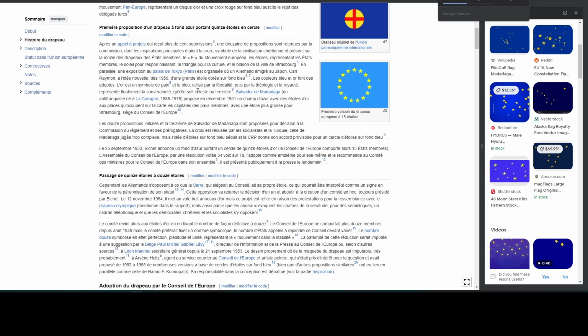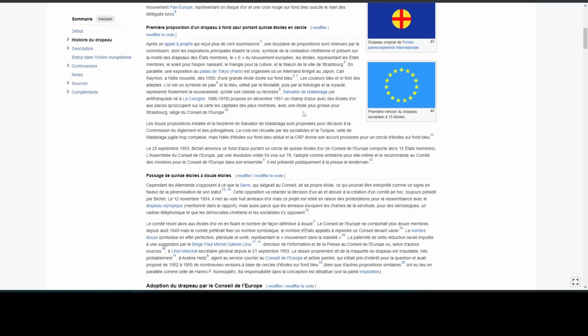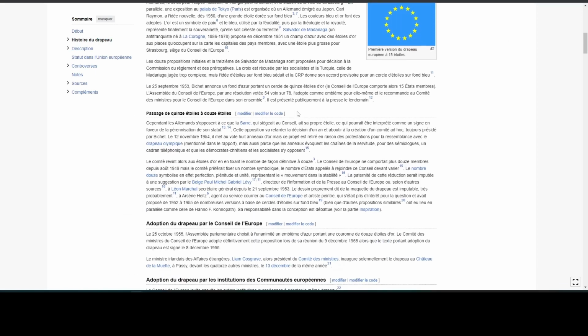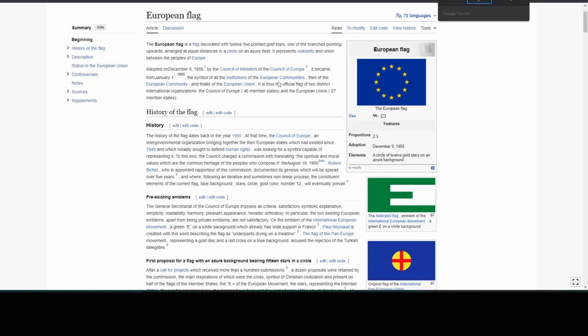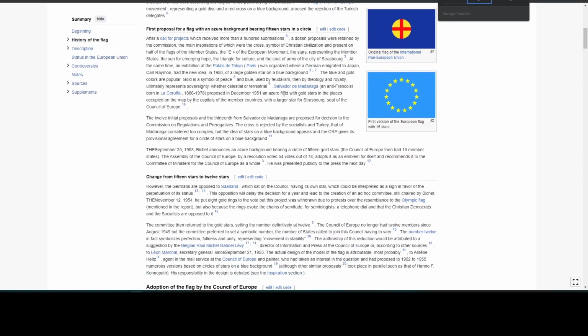So you see here, it talks a little bit about the French flag. Let me go ahead and close this so it's out of the way. And it was in the French page. Let's go ahead and now translate this into English. So it's still the French page, but we're going to use Google Translate to translate it into English.